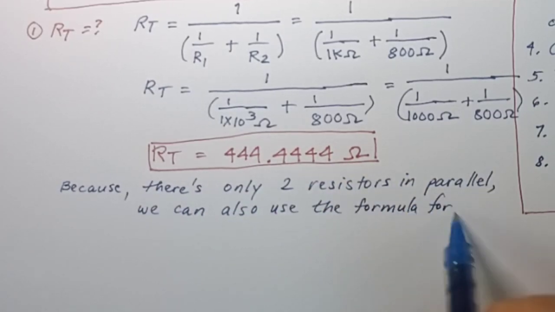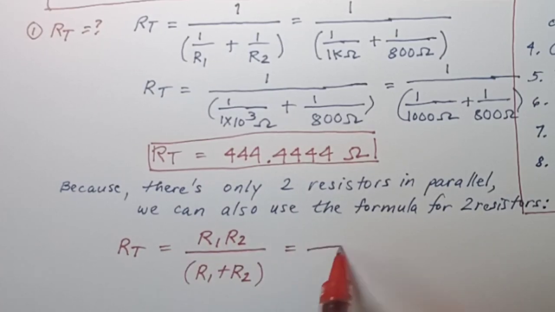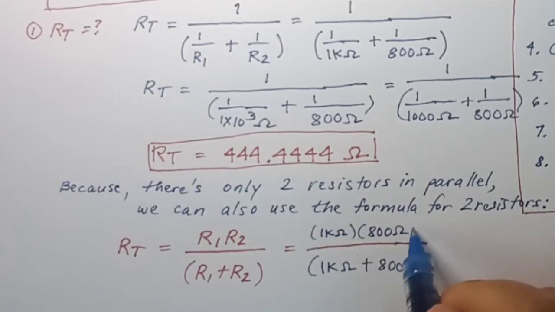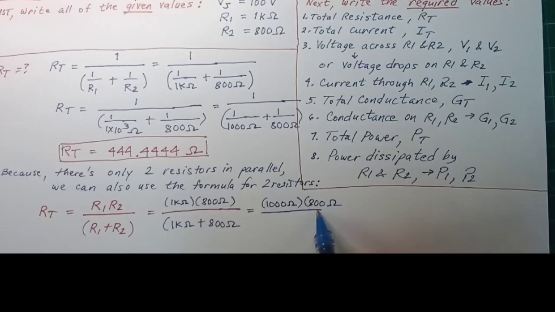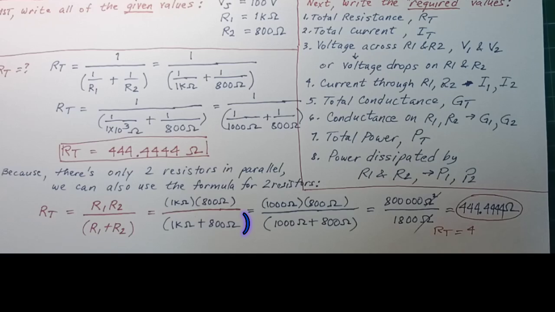If it is two resistors in parallel, then we can use this formula, R1 R2 over R1 plus R2, and we will be getting the same answer. As you see here, we multiply the two resistors and add them at the bottom. So we got the same answer of